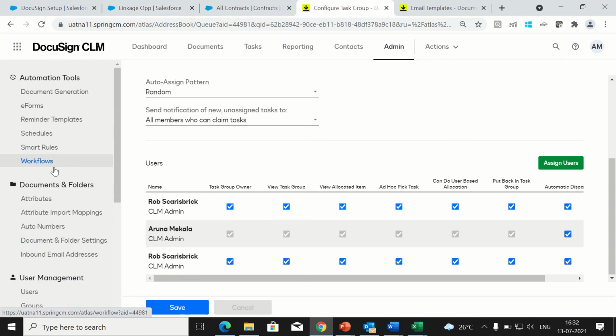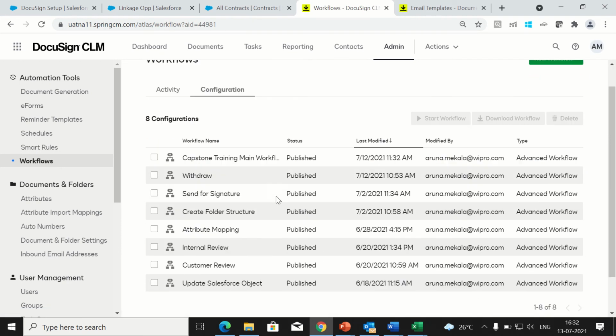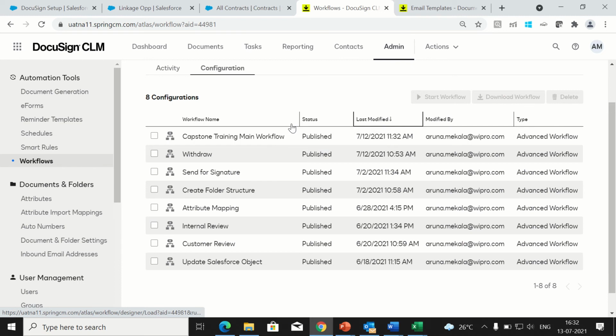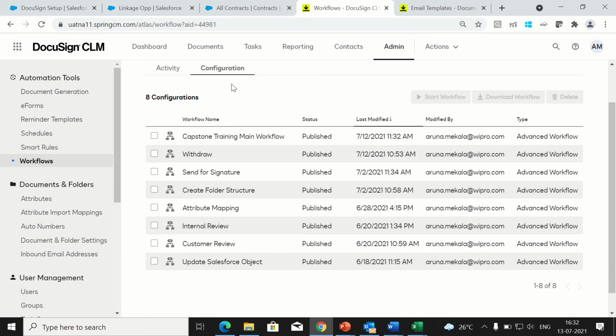Okay, now we'll go for the workflows. I think it will take more time to explain every workflow, so I'll just give one statement for each. The capstone main workflow is the workflow which will be called by the doc launcher, the request doc launcher, which I showed just before this. It will be similar to the flow I have shown before, and whatever steps I have given will be these sub workflows. These are all the sub workflows being called from this main workflow.